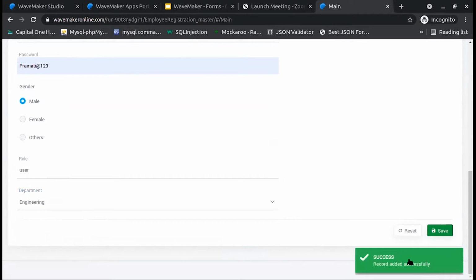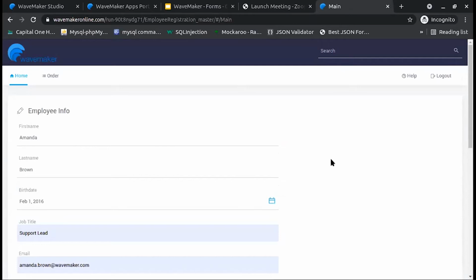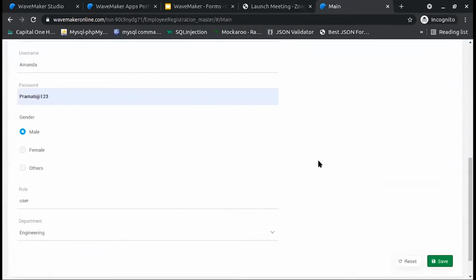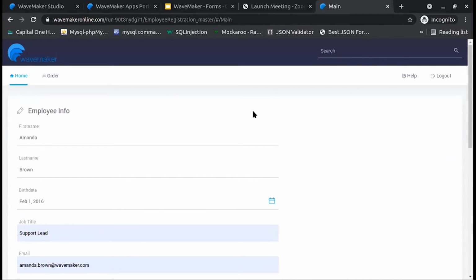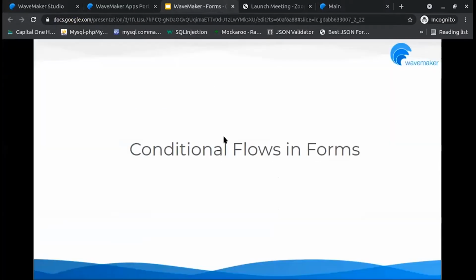If the same form is bound to any other widget's selected item, like we have seen in the use case of location maps, where I bound that map to the list selected item. If this form is bound to any data table selected item or a list selected item, then the same form can be used to edit the records that are present in the database. Now let's see some other use case here. So database CRUD operations are done.